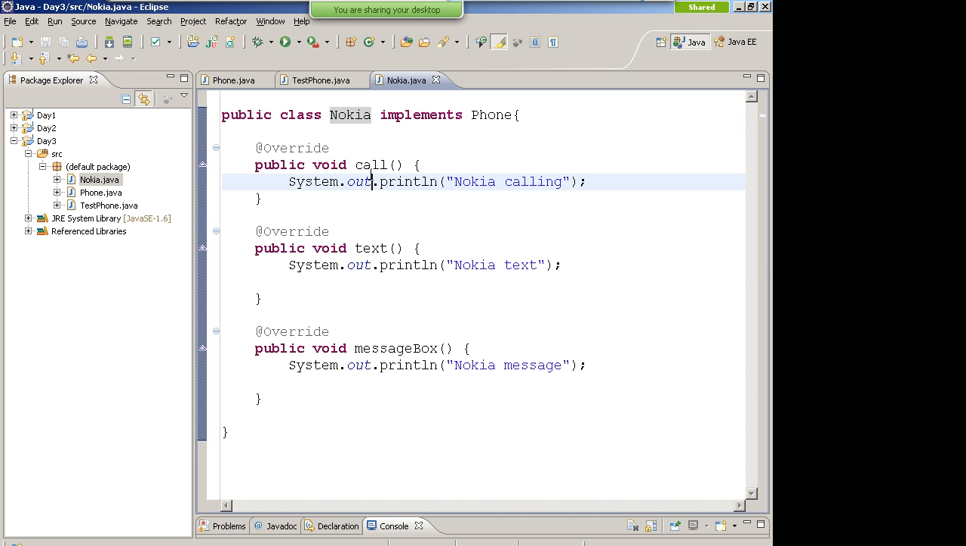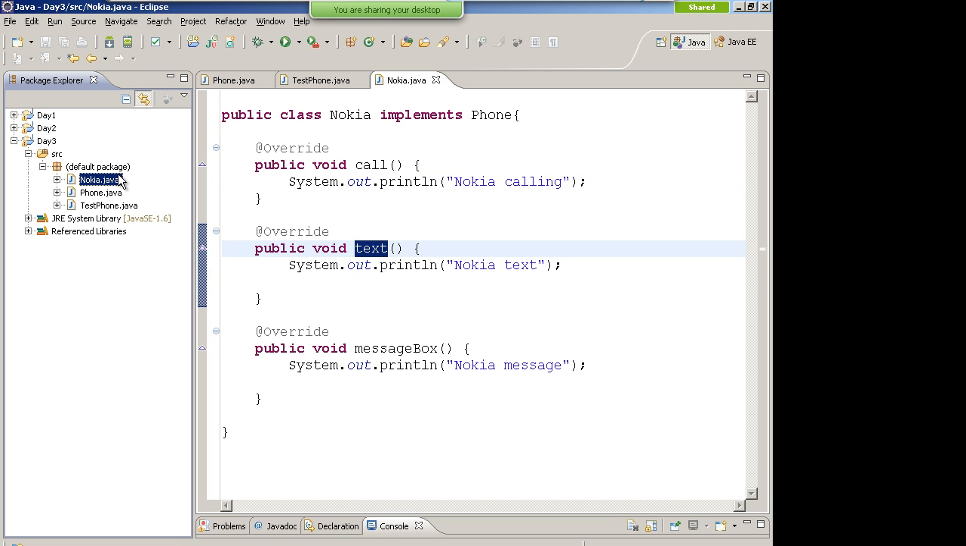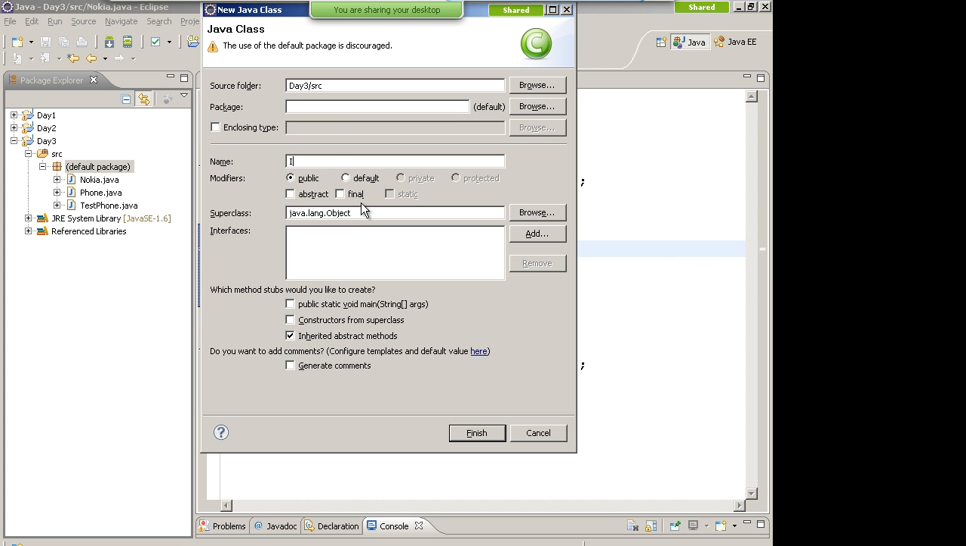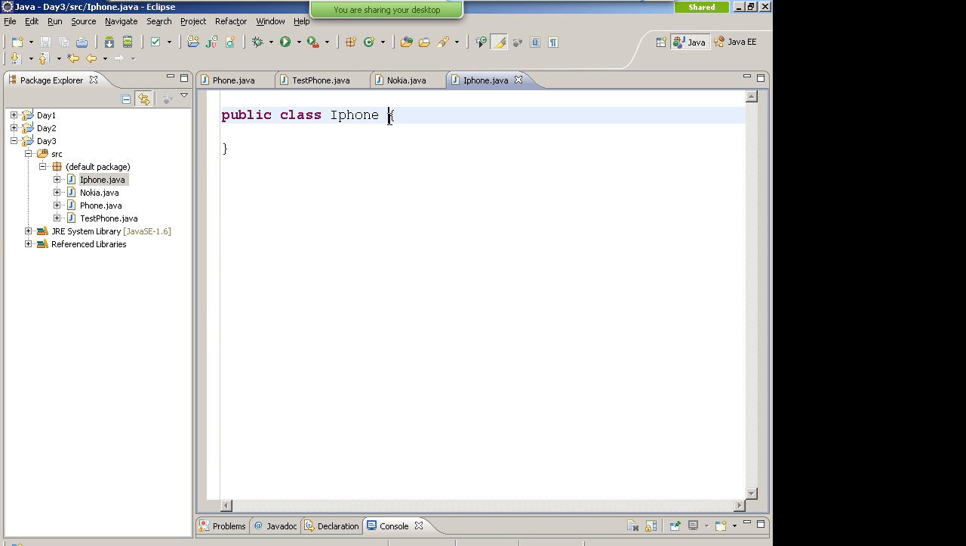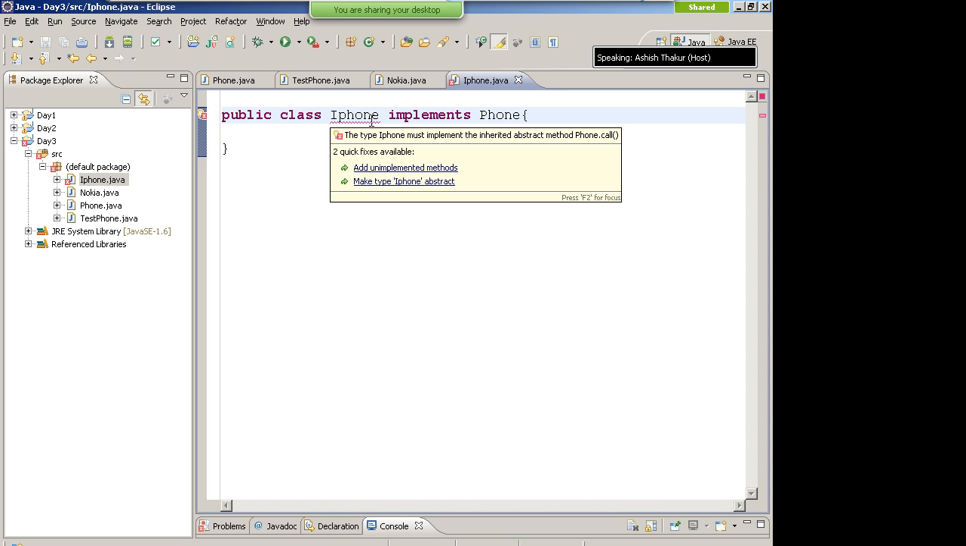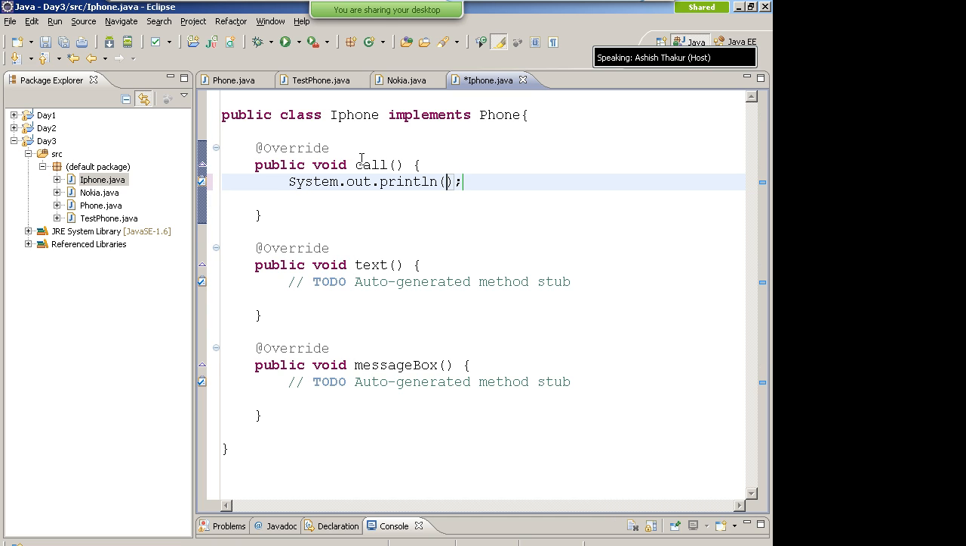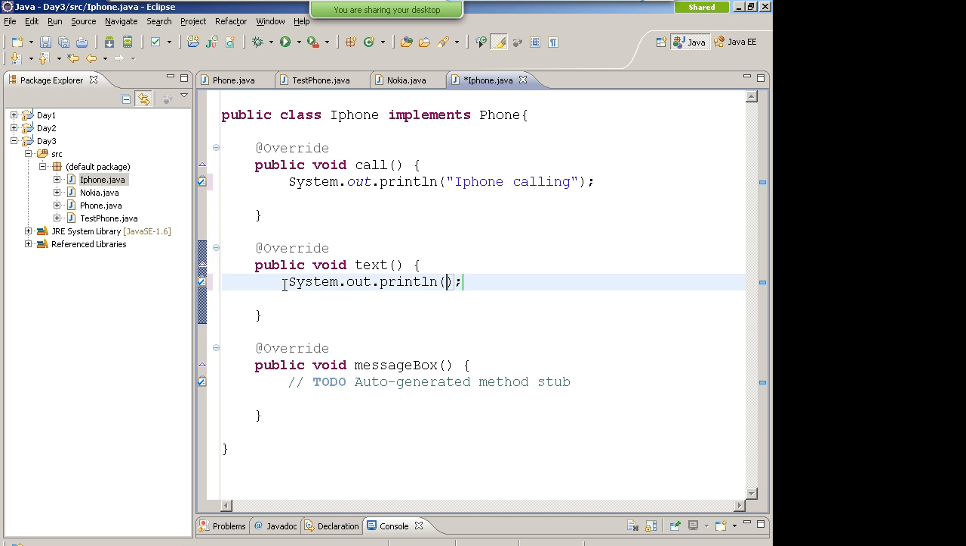Similarly, I can create another class known as iPhone. Now, iPhone is also a phone. It will implement the phone interface. And iPhone will also have to implement all the three functions of the phone interface. You will have to write system.out.println iPhone calling, iPhone text